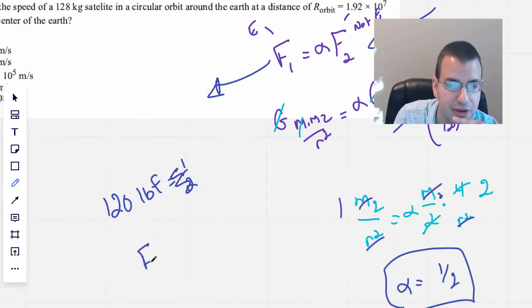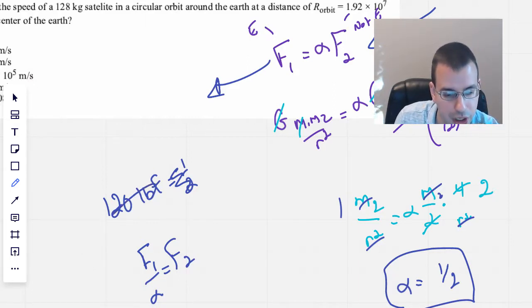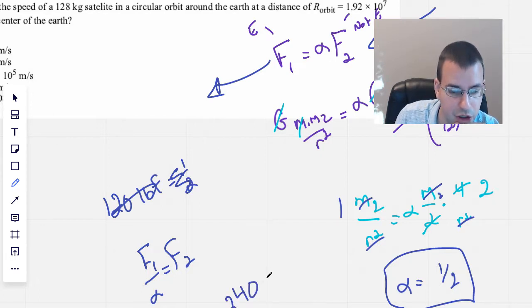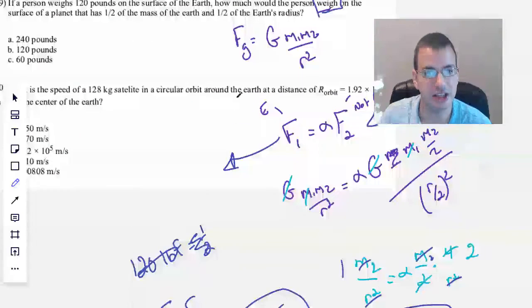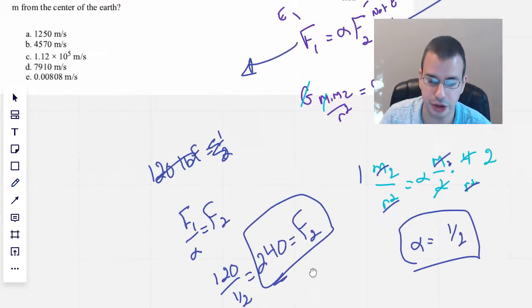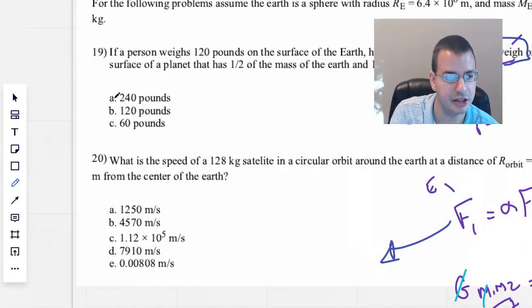So F1 over alpha equals F2, which is what we're trying to find. So we have 120 divided by 1/2, which will be 240, which is the force on 2. There we go. So the weight on this not Earth will then be 240. 120 divided by 1/2, which kind of makes sense because